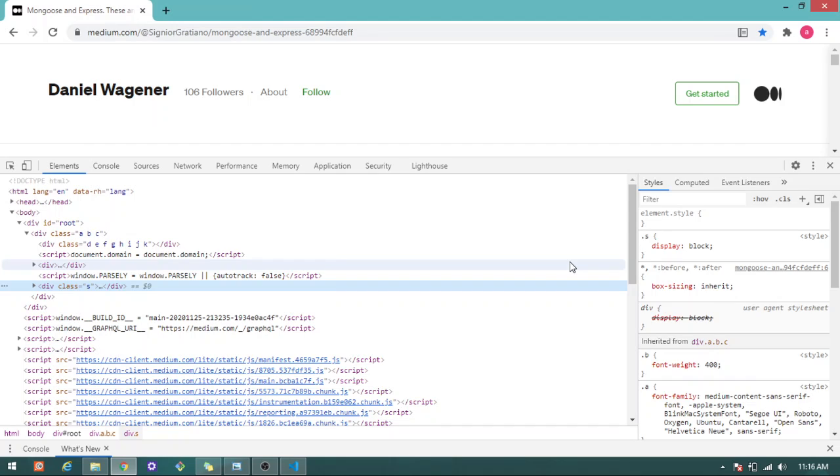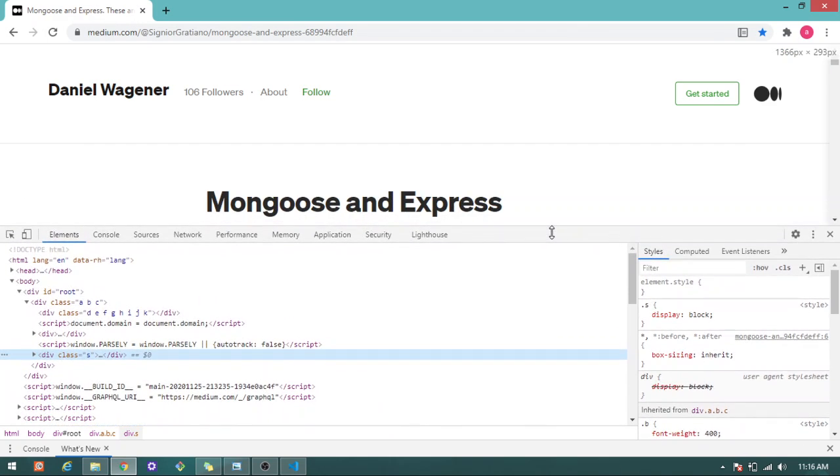So the JavaScript code interacts with the elements on the web page using this document object model. That's a summarized answer, so let's dive deep into it.